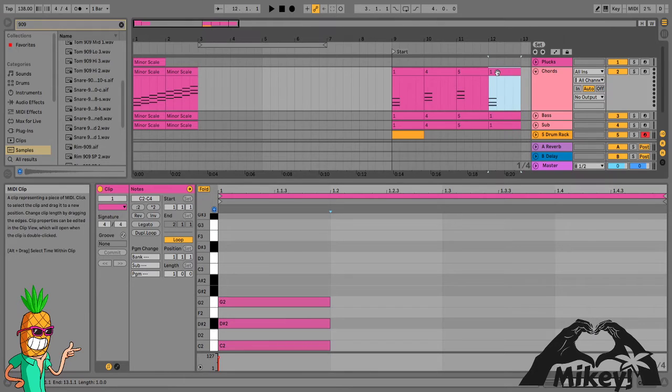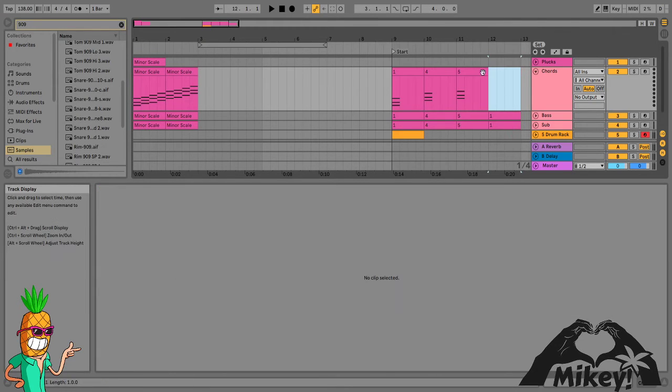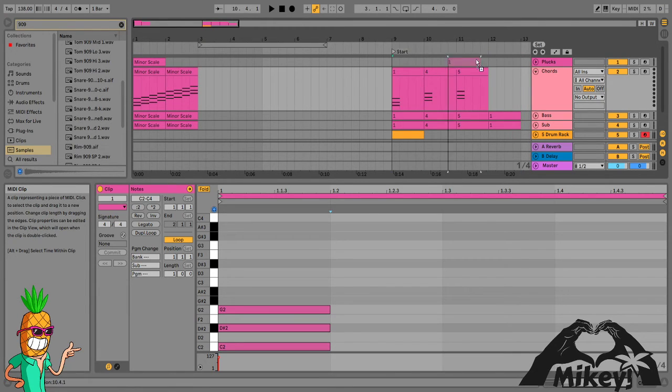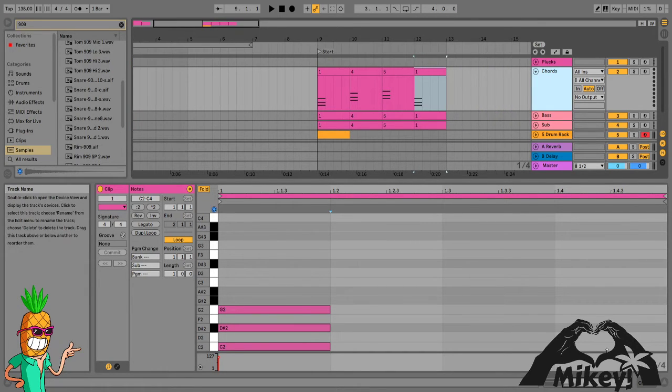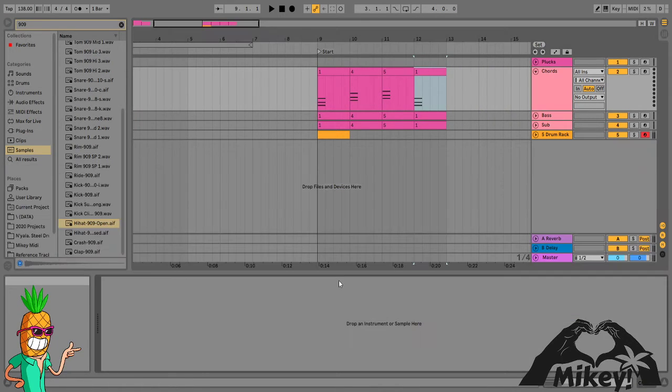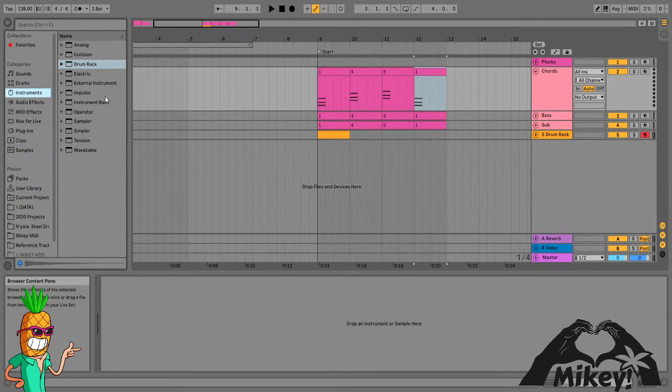Or if you don't want to do that, you can just drag this one over. Control click, drag it over, there you go. So now with that, what we can do is go into our instruments and